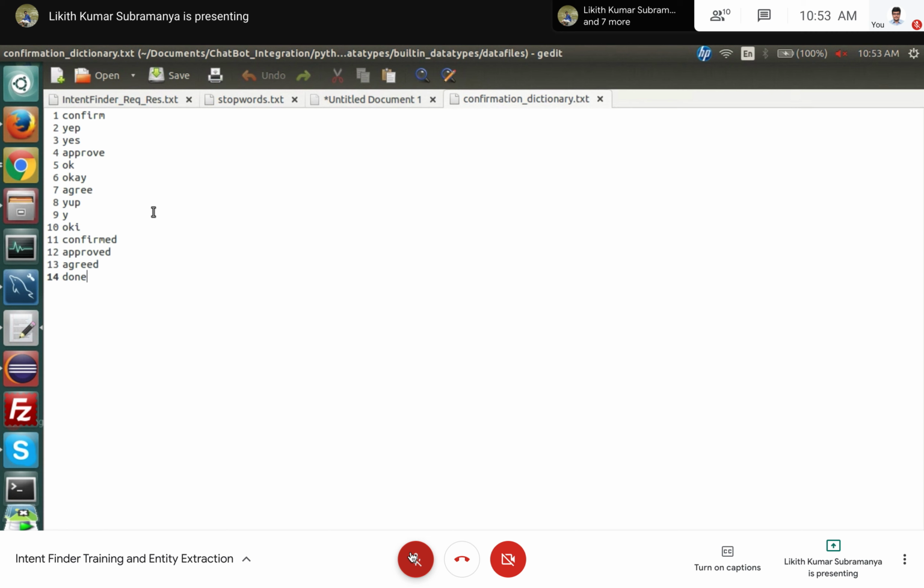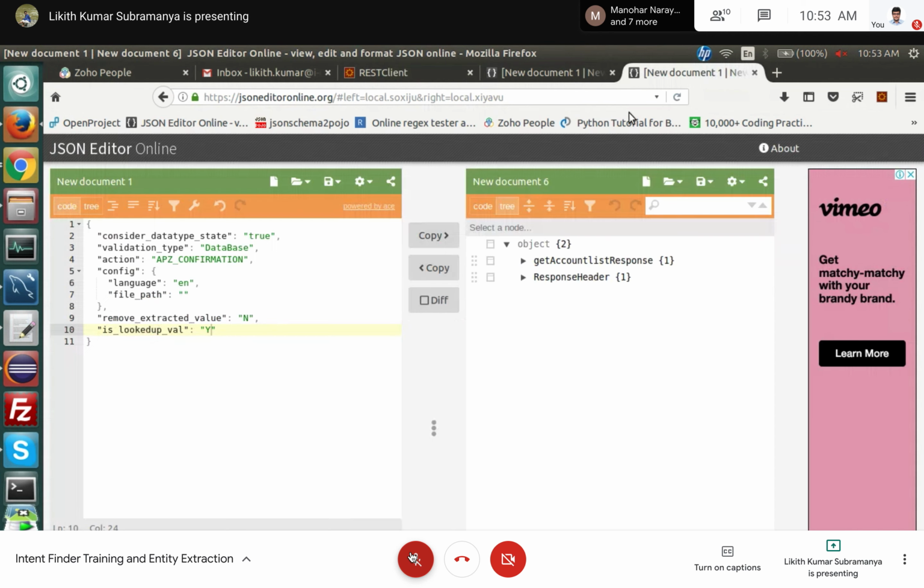That is one of the techniques we use: we keep a dictionary file, look into it, and extract that value. If you are looking into the dictionary, the is lookup flag will be y.